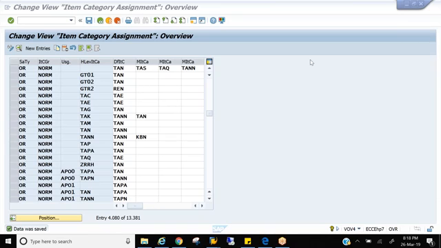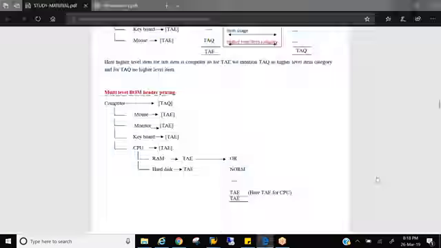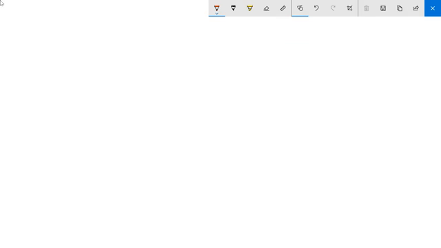Praveen, I have a question. For free goods TAN, we have two situations. One, we can give the item usage, and second one is higher level item. What is the difference between these two? Actually, both are automatic determinations, right? Then what is the difference between these two? The higher level item is